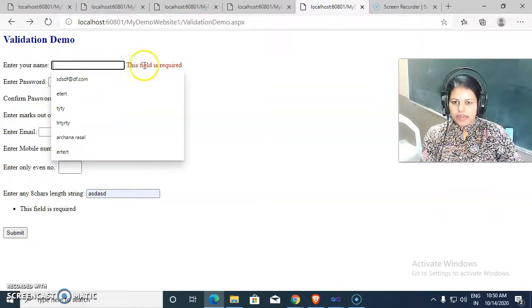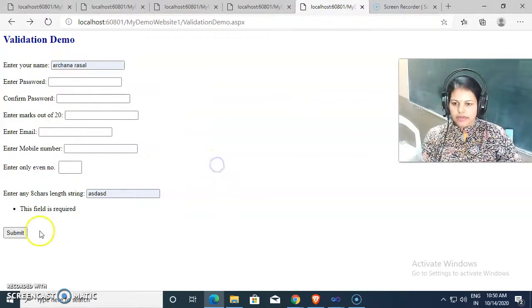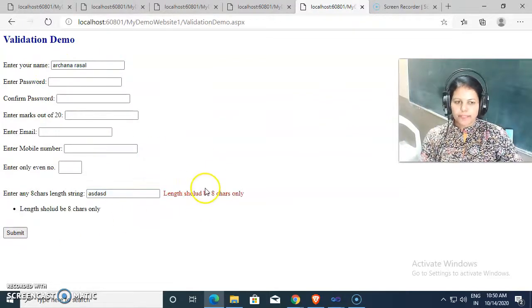So this is the client side validation and this is the server side validation. First we need to complete the client side validation, and only then will server side validation take place. So we need to correct this value like this, and then if I click on submit, control goes to the server side validation and this message will come.